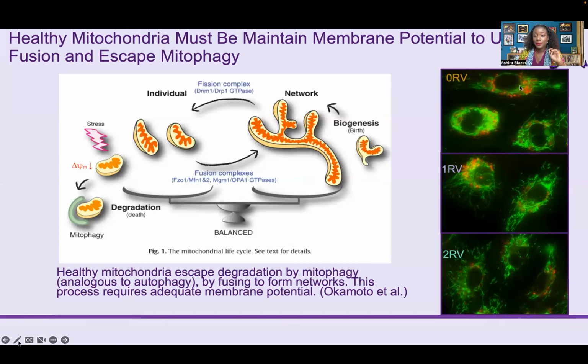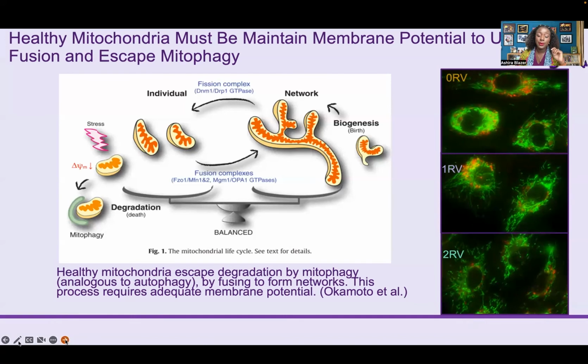Now, I'm staining here mitochondria with green MitoTracker and lysosomes with red LysoTracker. So you can see in these 3 HUVECs that carry no copies of the risk variant, the mitochondria are nice and lacy, these spaghetti-like conglomerates. So many fusion forms. You also have a relative abundance of lysosomes. When you have 1 copy of the risk variant, you have more of these fission forms and fewer lysosomes. And in the double variant carrying HUVECs, you have many of these fission forms and very few lysosomes, suggesting disruption